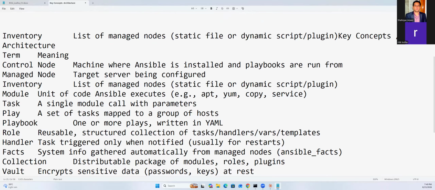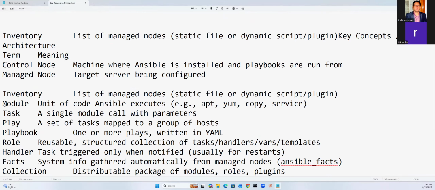Now we have another concept called modules. Modules are very important while you develop the playbook. Do you know what is a module? Yeah, a module is Ansible. There are multiple Ansible modules. With the help of that module, we can execute certain tasks. So for installation, we can use